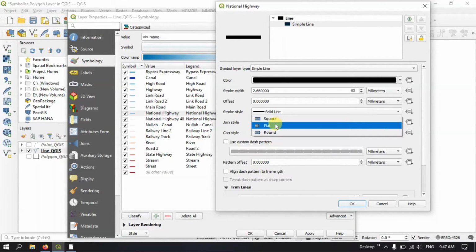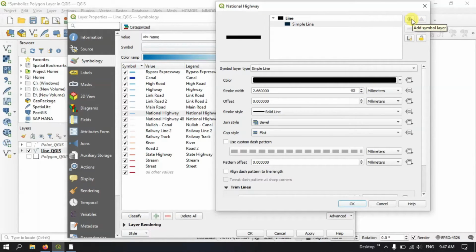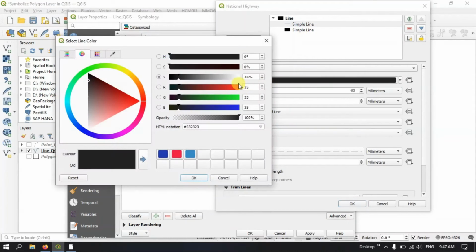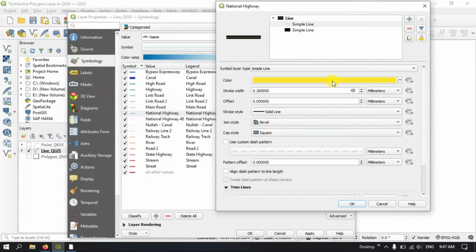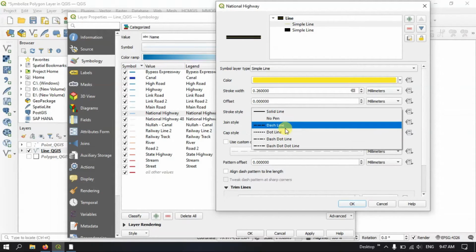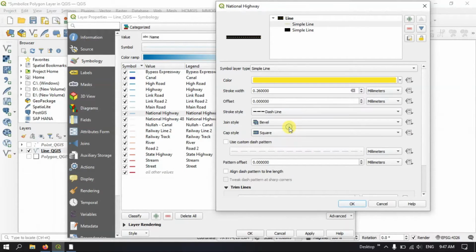So here let me give flat, and now you can add another symbol layer also by clicking this option. Here I have added another layer, and I'm going to customize it differently. So I'm going to select a different color. So this is the color which I have chosen. So I'm going to change the stroke style. So I'm going to use the dotted line, or if you want, we can use dot dash line too. So here let me increase the width. Now you can see I have increased the width,